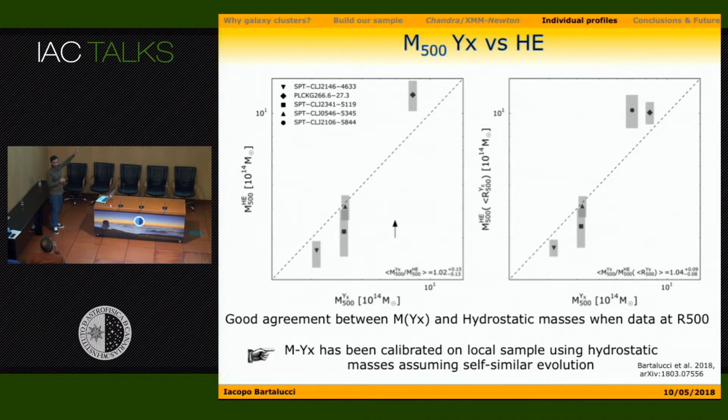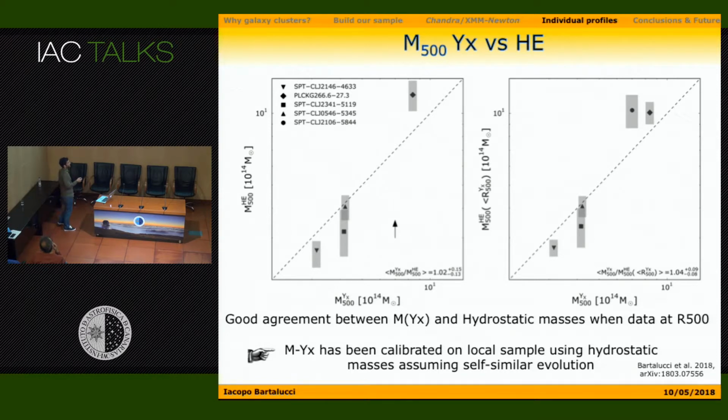Okay, then we looked at the evolution of the ratio between the M500 hydrostatic, so the M500 measured using the hydrostatic equilibrium profiles, and the M500 measured by the proxy. Now, here basically just focus on the right-hand plot, and what you see is a very good agreement between the mass measured using the profile and the mass measured using the proxy. It's nice here,